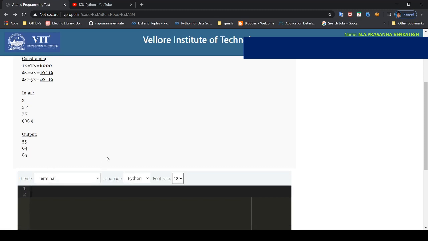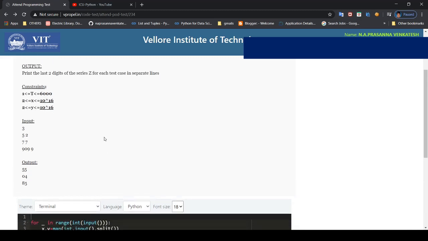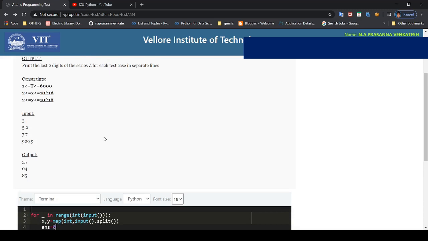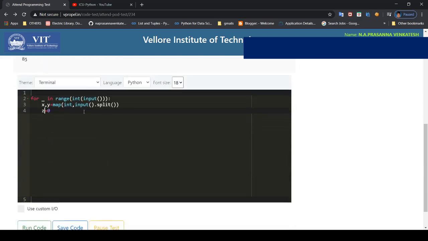What is the starting thing everyone does? They just put a for loop, get the number of test cases and x and y as input. Let the answer, that is z, be equal to 0, and we just do a for loop for i in range of 1 till x plus 1, because x should also be considered.